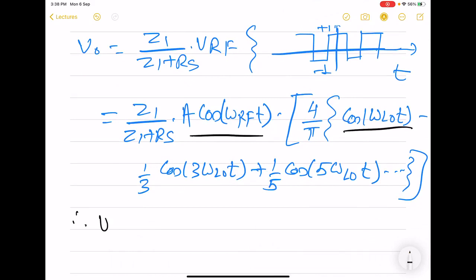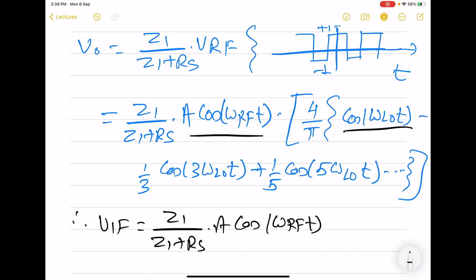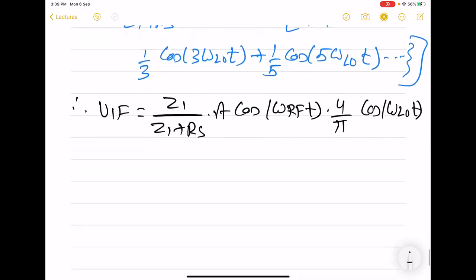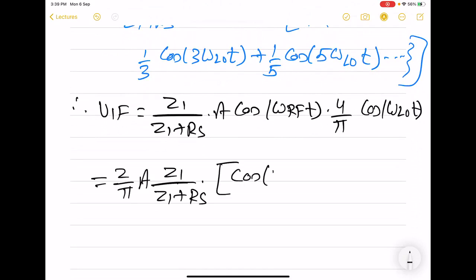So therefore, VIF is Z1 divided by Z1 plus RS into A cos omega RF T into 4 by pi cos omega LO T. So this will become 2 by pi A Z1 by Z1 plus RS into cos omega RF minus omega LO T plus cos